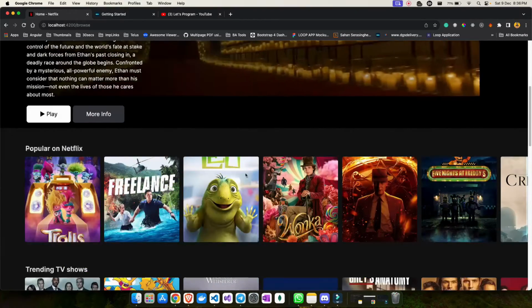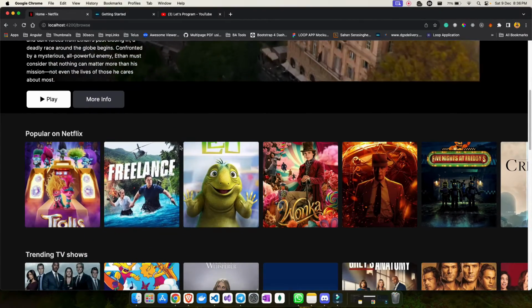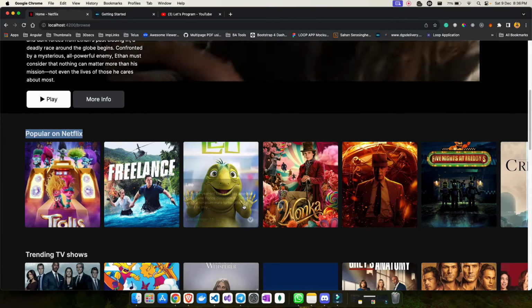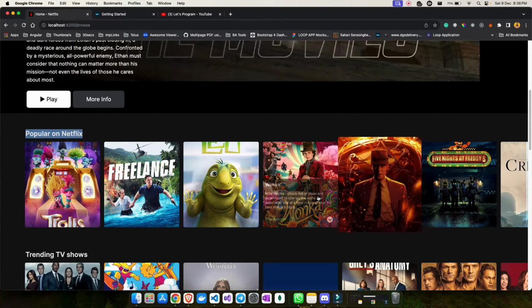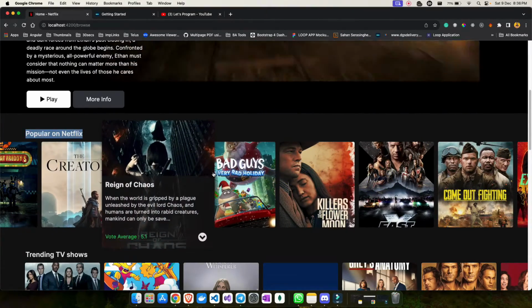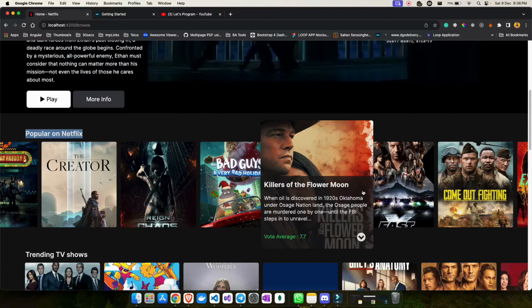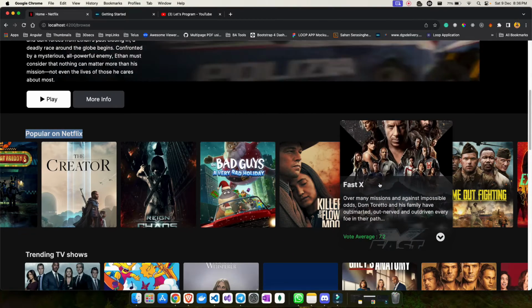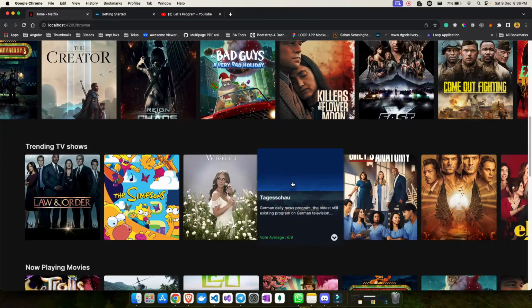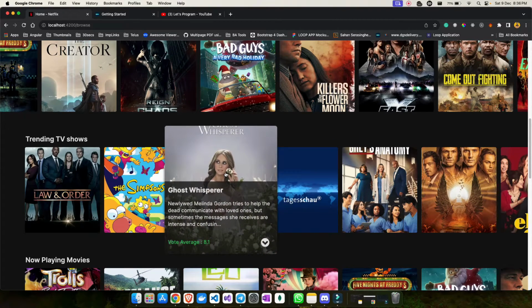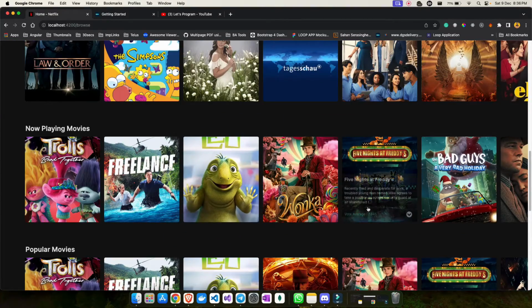Just below that, if you scroll, you can see the list of movies based on their categories, for example popular on Netflix, so you can see all the movie list here. These are all carousel components that I have created using the package swiper.js. I will show you how to use swiper.js in Angular in a very effective way. Also, I will demonstrate how we use CSS animation in Tailwind to get this beautiful hover effect.